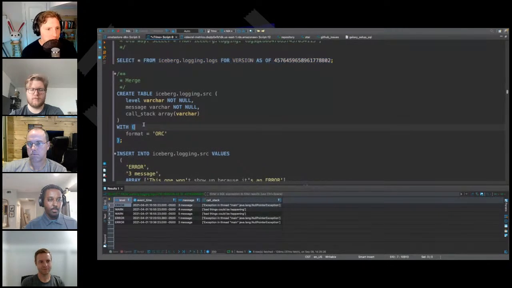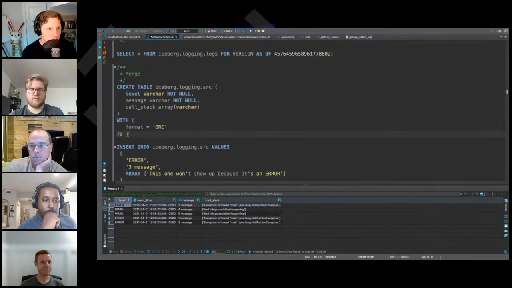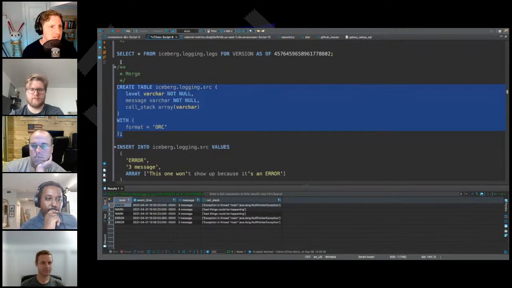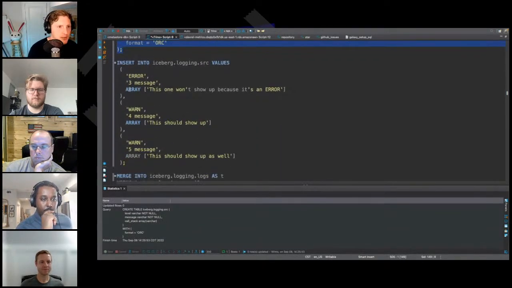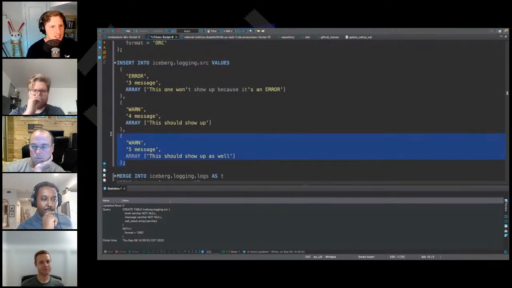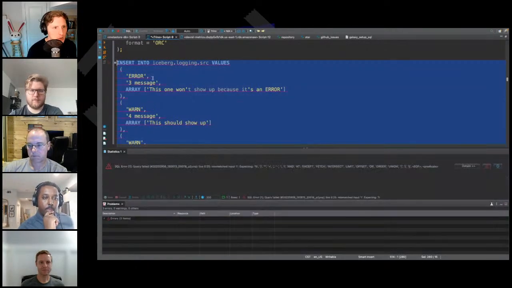And then one final thing we'll show is the merge. So for this, I tried to get one where I didn't have to fully create a table. I wasn't able to get that to work. So I'm going to create a source table. We'll just call it Iceberg logging source. And it's just going to have 3 of the 4 columns that we have in the logs table. And then we're going to insert basically kind of a mask. If you think about it, these are just values that we want to essentially mask with the existing tables. So we'll insert those.